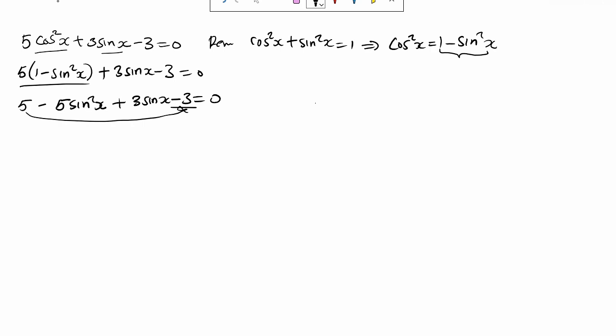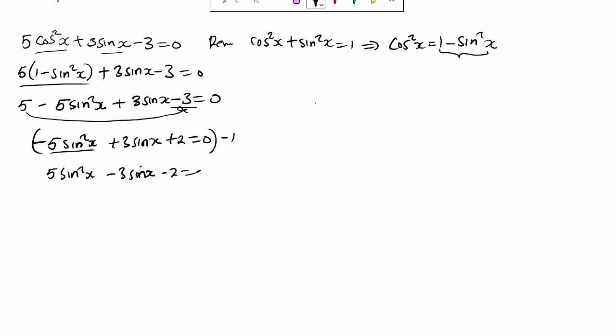So this one becomes negative 5 sin squared x plus 3 sin x plus 2 equals 0. Now I don't need a negative here. I shall multiply everything by -1 to get 5 sin squared x minus 3 sin x minus 2 equals